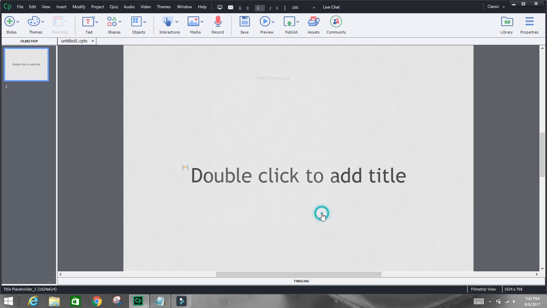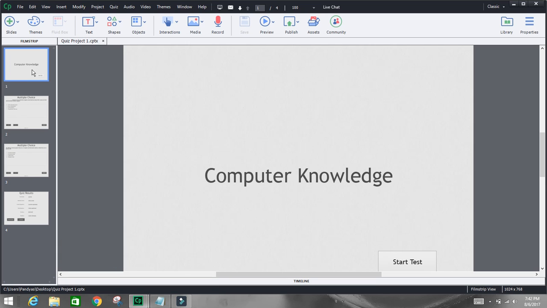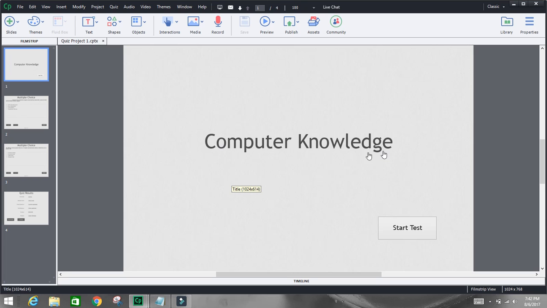So to save time, I already have a multiple choice question quiz created. Since my quiz is based on computer knowledge, I have named the quiz Computer Knowledge, and I have added a button to start the quiz. To add a button, you can go to Interactions, Button, click on the button, and